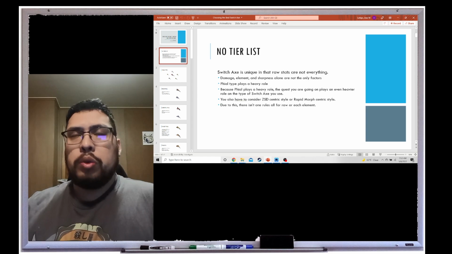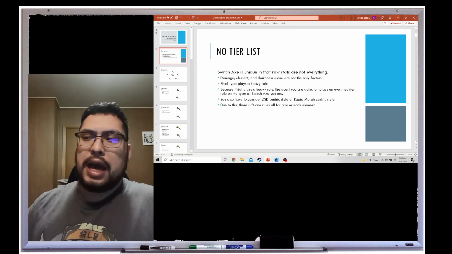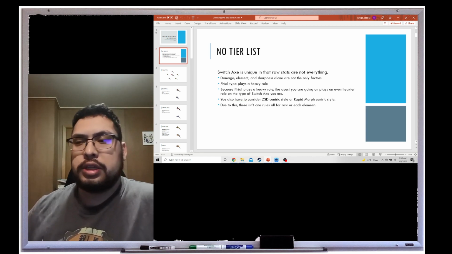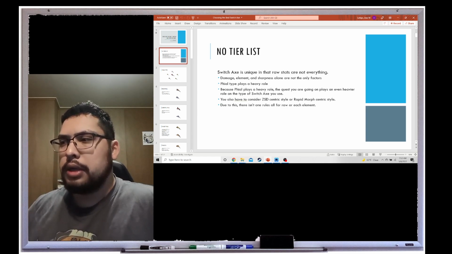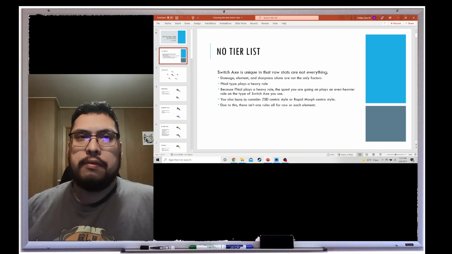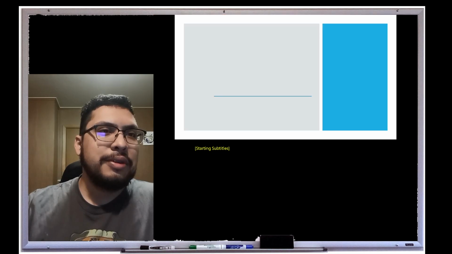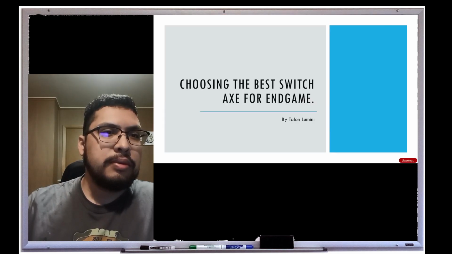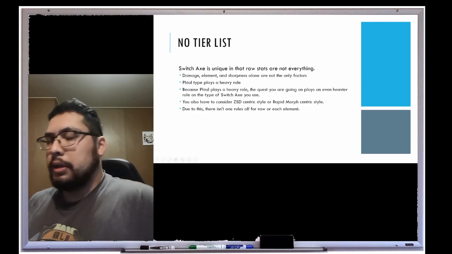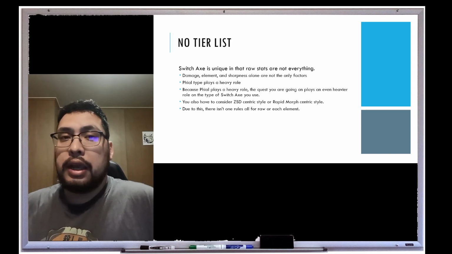Now, originally, this lecture was actually going to be me doing a tier list. However, I felt that doing a tier list for Switch Axe would not do it justice because, unlike all the other weapons, raw stats are not everything. In fact, let me go ahead and put this in slideshow mode. But yeah, raw stats are not everything because with Switch Axe, it has the benefit of not only having a